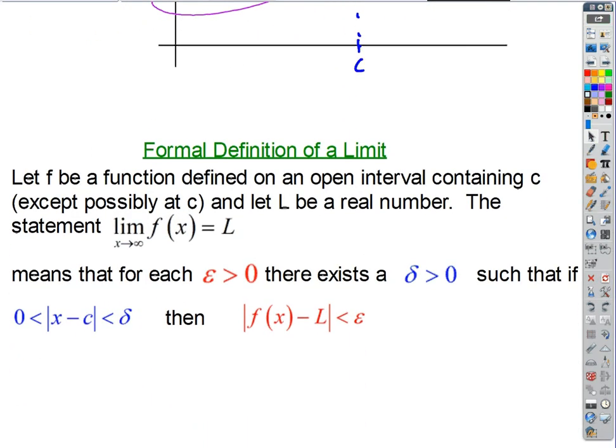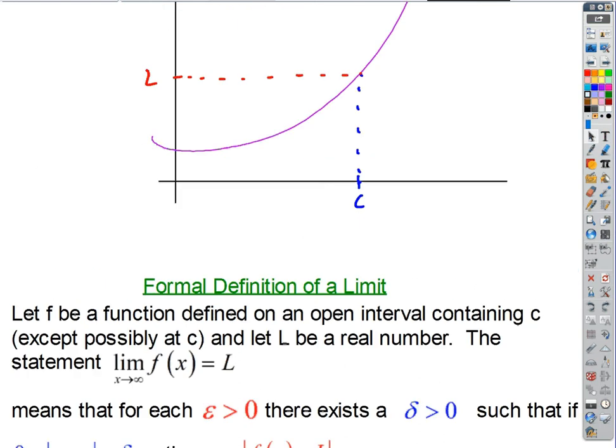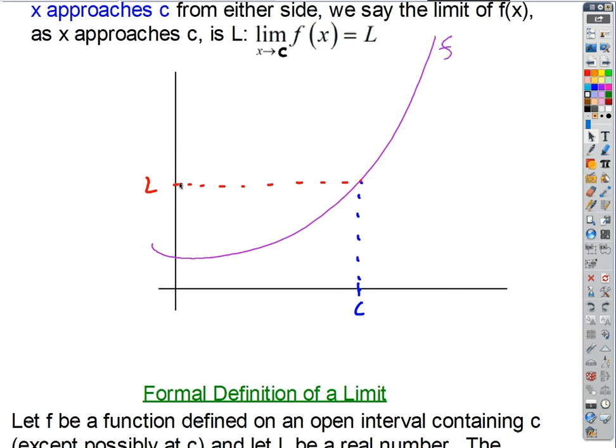We can say, let f be a function defined on an open interval containing C, right? It doesn't have to be defined at C, but it has to be defined on some open interval containing C, right? And we've seen lots of examples where the function might have a hole at x equals C, but we still can take a limit, right? And let L be a real number. So that obviously we want to be able to approach some value that corresponds to a real number, right? It can't be infinity or something crazy like that, right? So